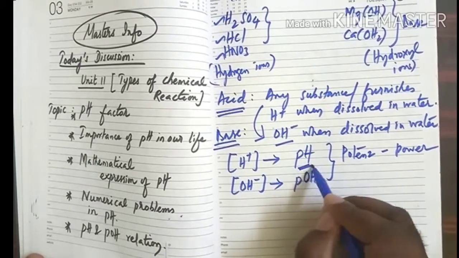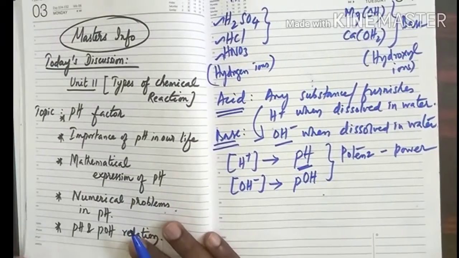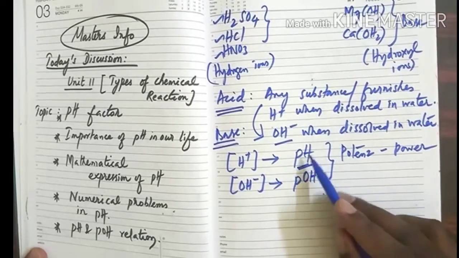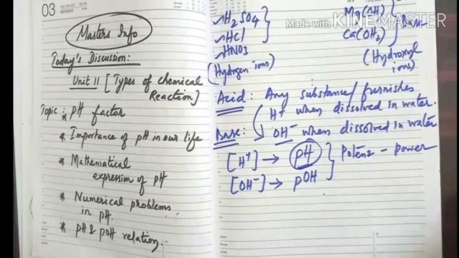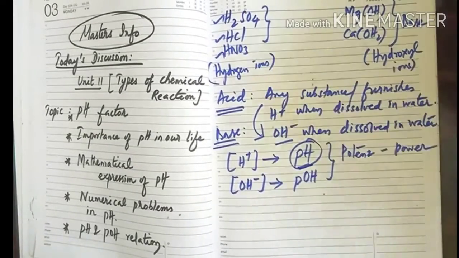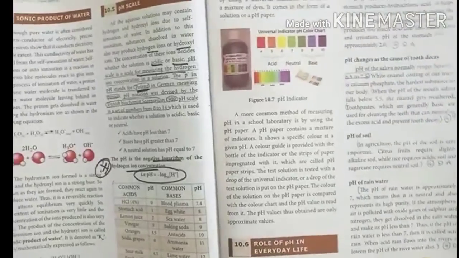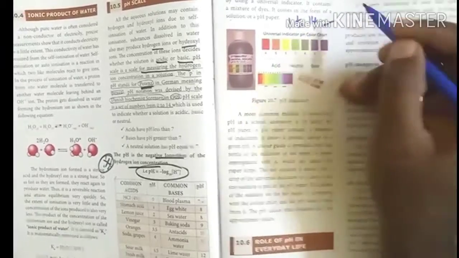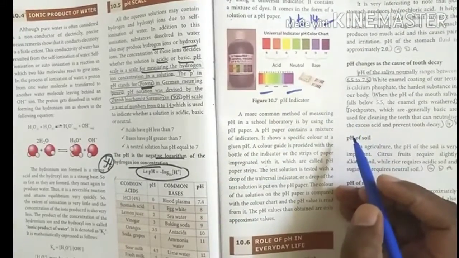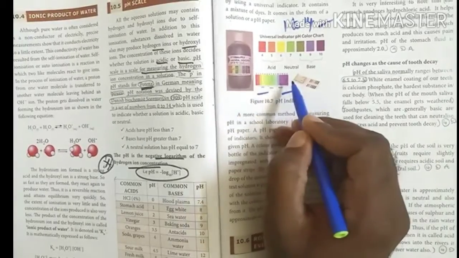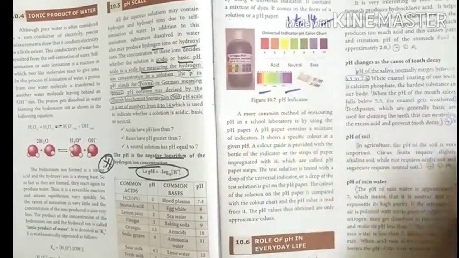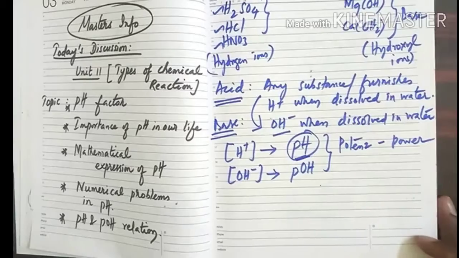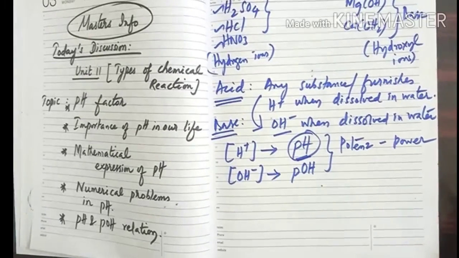This pH factor is very important in our daily life too, because any substance, whether it is acid or base, is described with the help of its pH value. What is that pH value? pH is a scale which was found by a scientist called Sorensen. It has values from 0 to 14. He has given this pH scale indicator. These things we will learn while doing practicals in this session. How to identify acid and base based on the pH value, I will explain here.